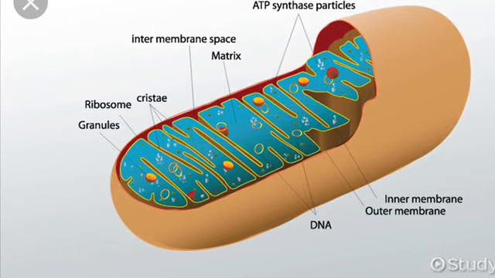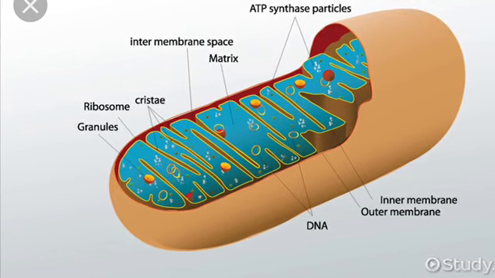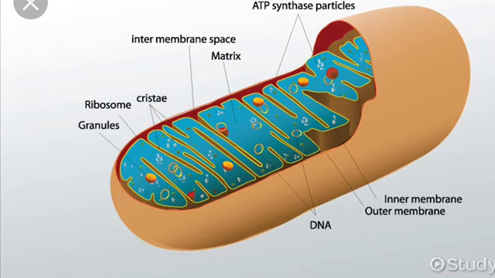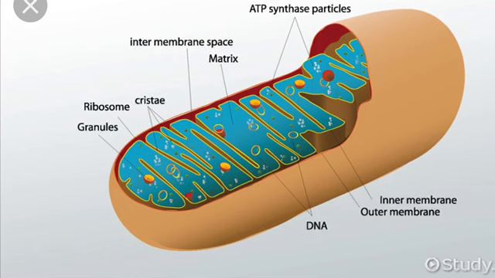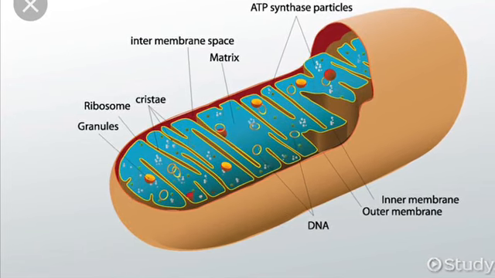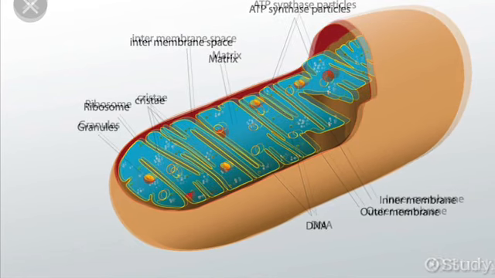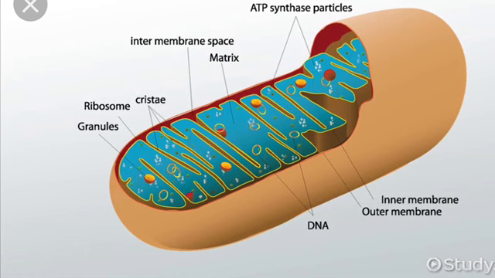So if you see it on your exam or on a quiz, on an assessment, and it's saying cellular respiration, most of the time they're referring to aerobic respiration. So aerobic respiration happens in the mitochondria. You're going to get 36 to 38 ATPs, and it is the most efficient way to get energy in a